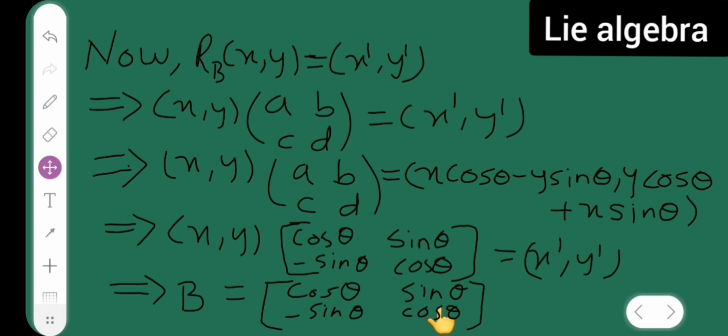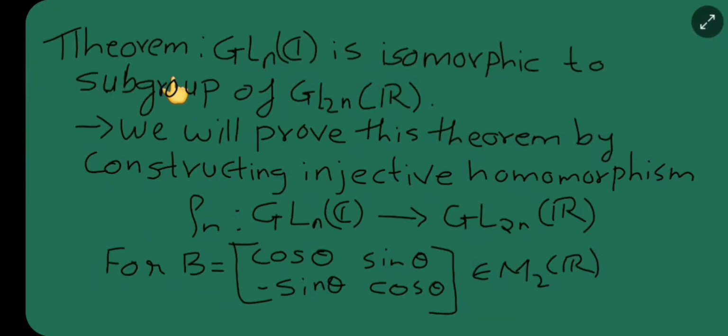Next, now here in the next is my theorem, and the theorem is: GL n of complex is isomorphic to a subgroup of GL 2n of R. Now here is the solution. We will prove this theorem by constructing an injective homomorphism. Now we are constructing rho n, it goes from GL n of C,